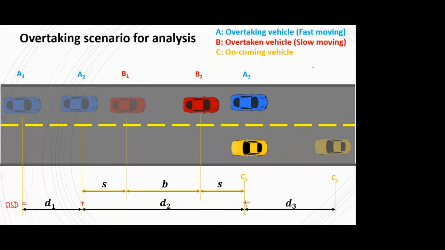Okay. So now if you see the overtaking operation, if I just recite it in the form of a story. What was there? There was a slow moving vehicle. Now I'll just say vehicle A, vehicle B, and vehicle C, so you can very well know which vehicle I'm talking about, slow or fast. So I'll narrate it in the form of a story that there was a vehicle B which was moving on your road. Then a vehicle A approached from its rear side with some speed. Okay. We'll also put speed into the picture.